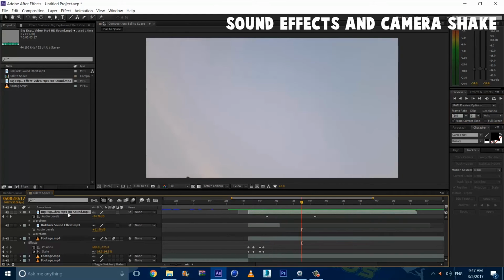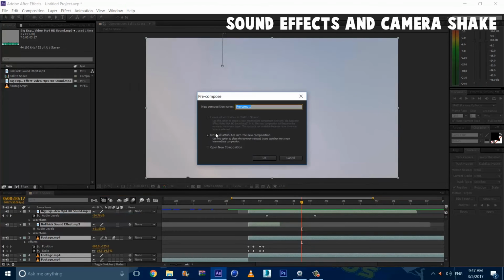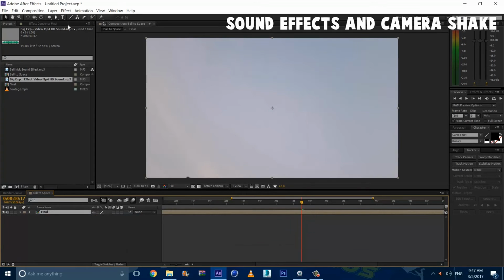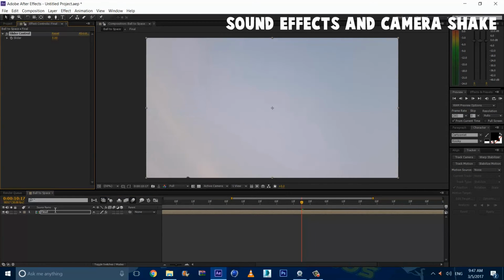So we're going to select all the layers, pre-compose them, and let's call this like final. And we're going to go to effect, expression controls, and slider. And we're also going to expand this, go to effects, and open this.